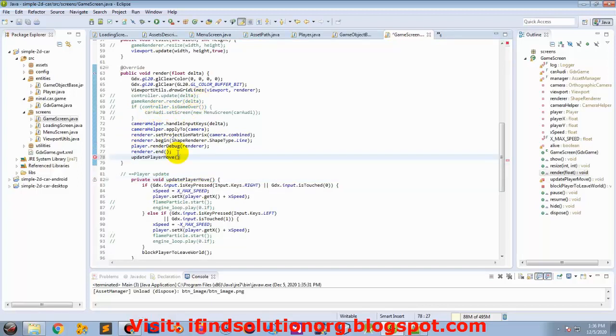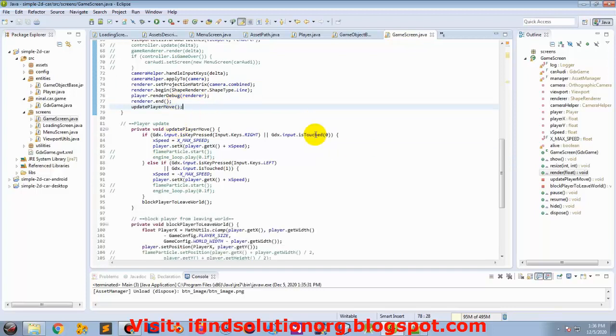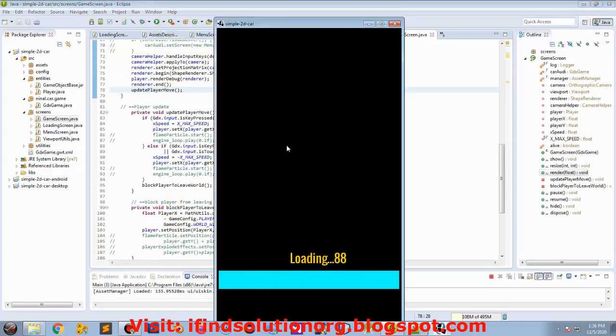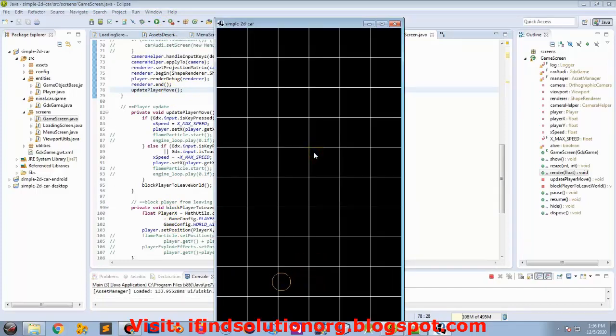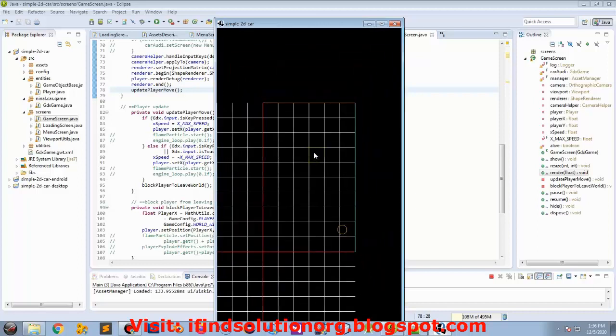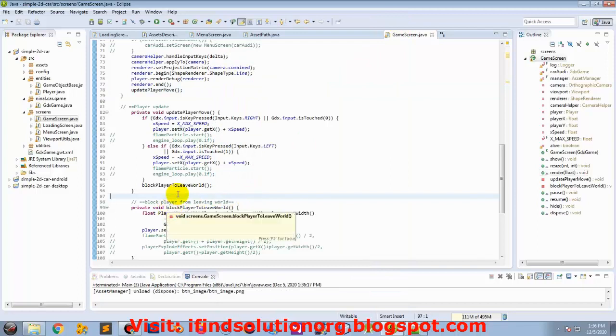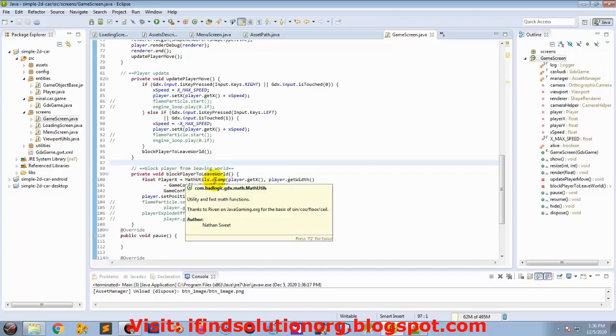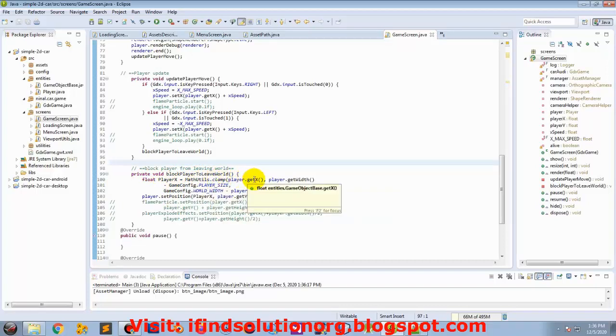We need to call update flare move. Okay, so now let's try to play again, and as you can see, our player is moving from left to right, and if we zoom out, it does not go beyond our game world. So we can see the reason, because when we create a method lock player to leave world, we are clamping the value of our